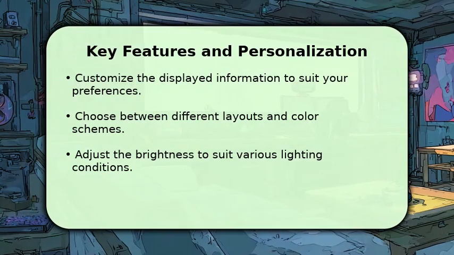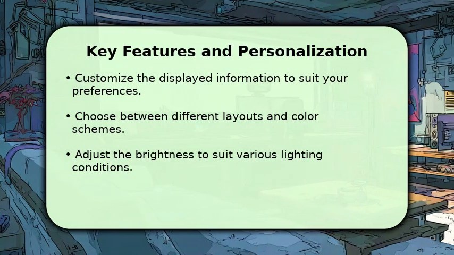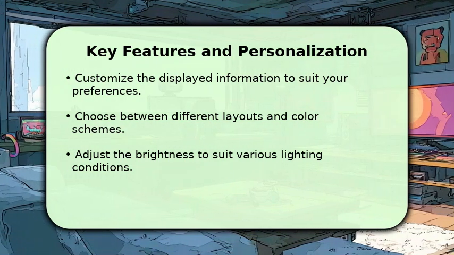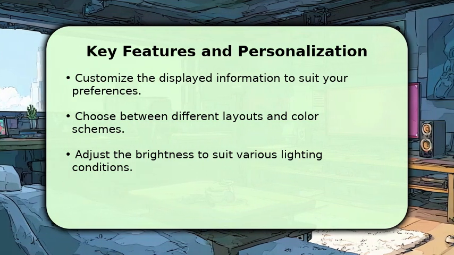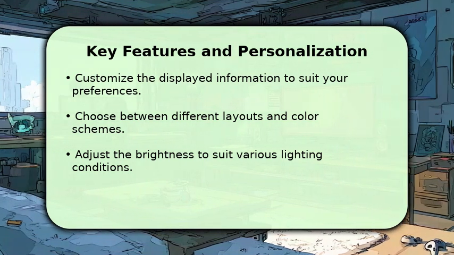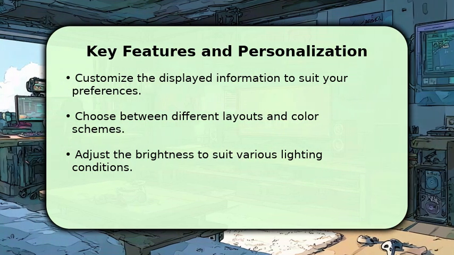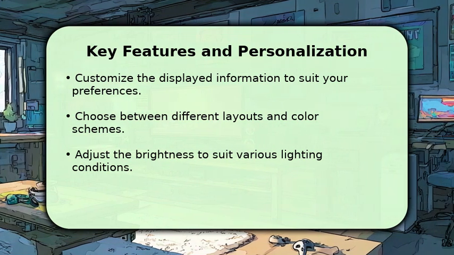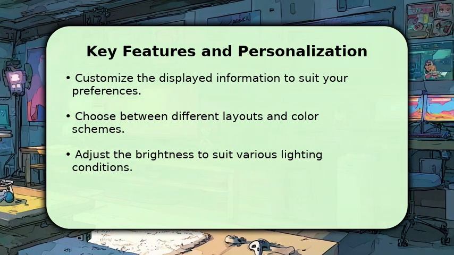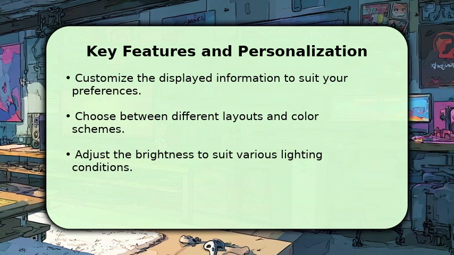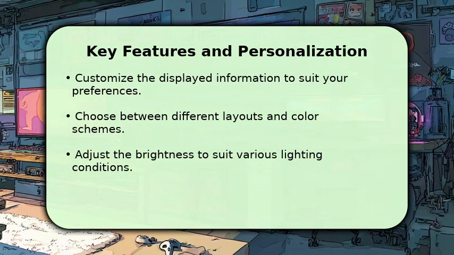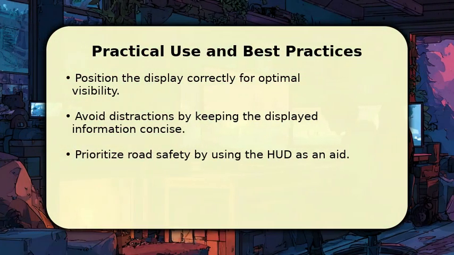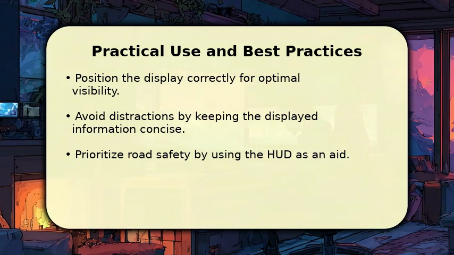Max HUD offers extensive customization options, allowing you to tailor the display to your individual preferences for every journey. You can select precisely which data points appear, such as your speed in miles per hour, your current fuel level, or your turn-by-turn directions. There are several preset layouts to choose from, or you can create your own unique configuration for optimal viewing. Adjusting the brightness ensures clarity, whether you are driving during bright daylight or in the darkest hours of night. To get the most from your Max HUD, ensure the projected image is perfectly aligned with your line